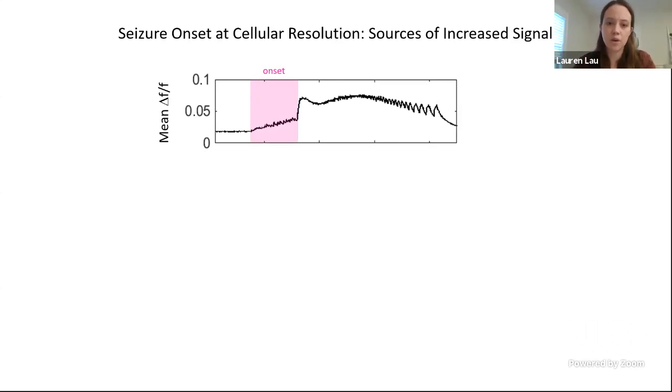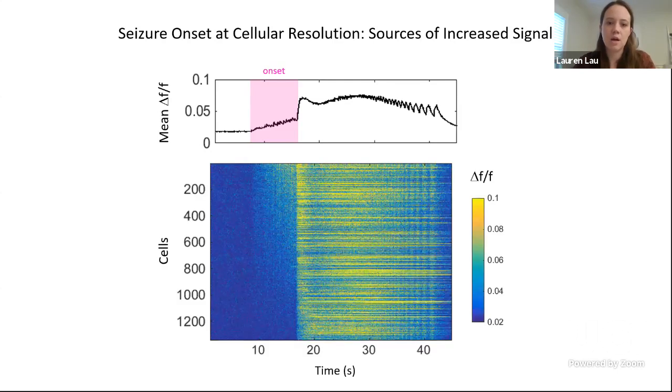So this is what you could glean from population level changes. But in this case, from this particular slice, I had over 1,000 individual neurons that I can look at their activity and see how this is leading to the population level changes. So again, each row here is a single cell over about 45 seconds. You can see the heterogeneity in their